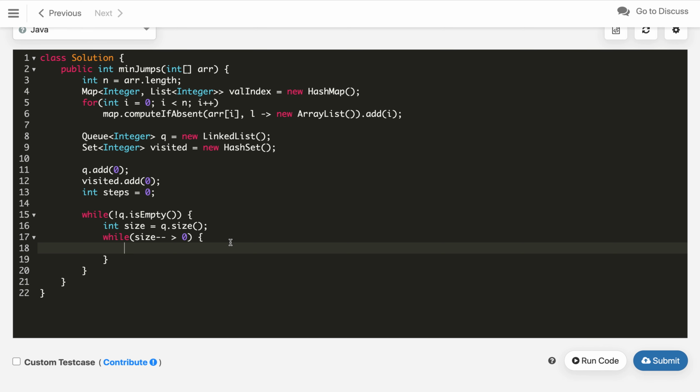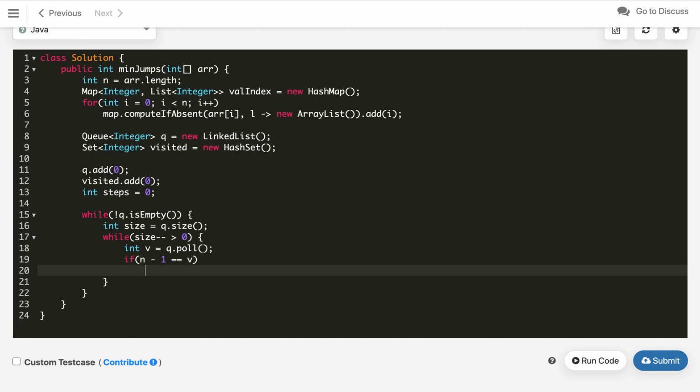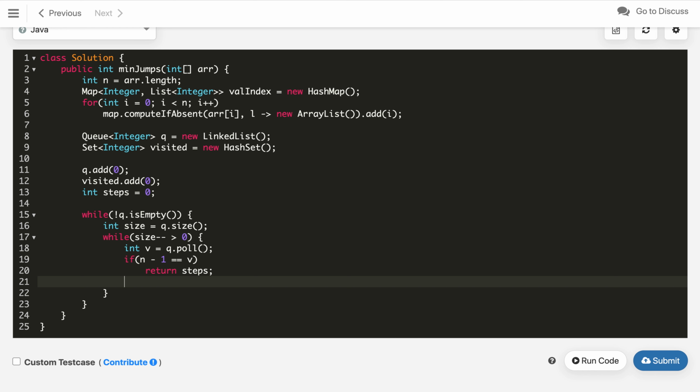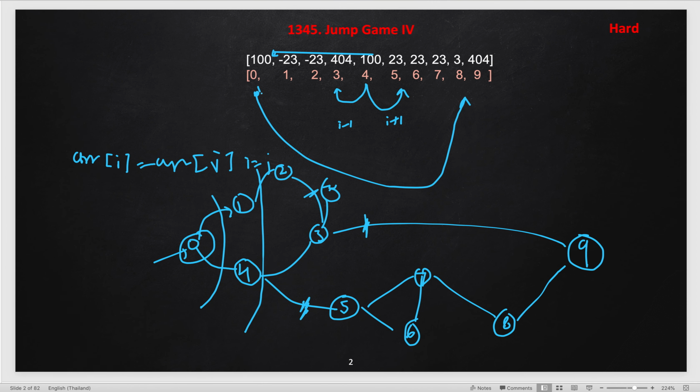Now we will fetch the first vertex, int vertex from queue.poll, and now we will check if we reached the last index or not. The last index is n minus 1. If the vertex is this, then we will return whatever number of steps we took so far. Otherwise we will try all the possible places, like from this we can go over here, or we can go to this index.